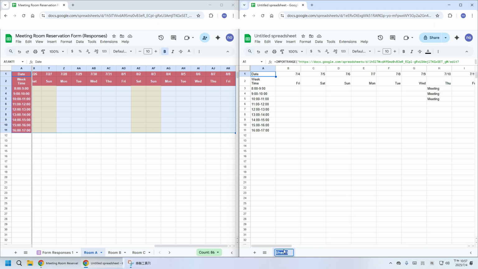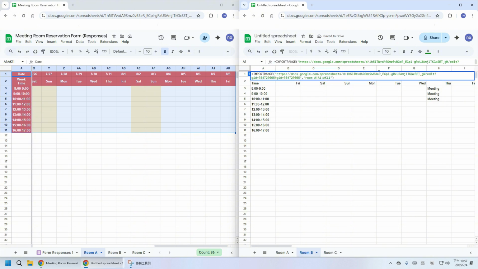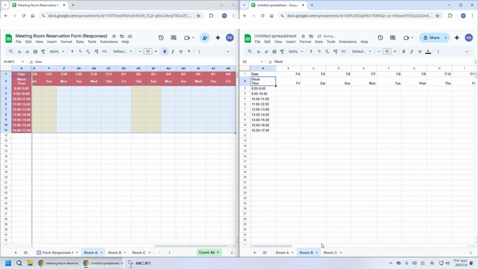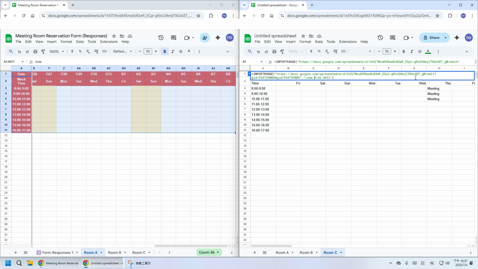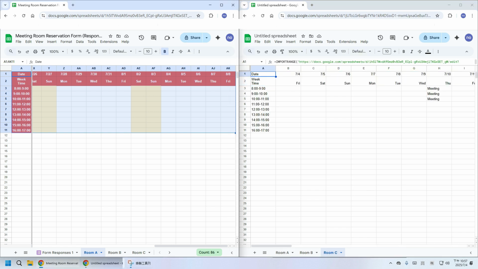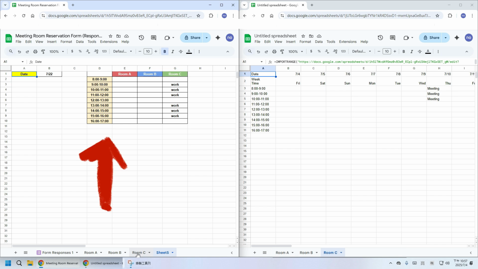That's the part of Room A. And we are going to make Room B and Room C by duplicating. Then replace the letters A with B and C. Now I'm going to make this sheet to see all rooms in a form.